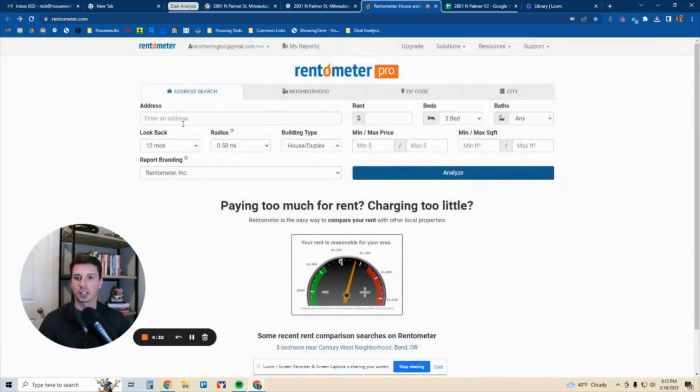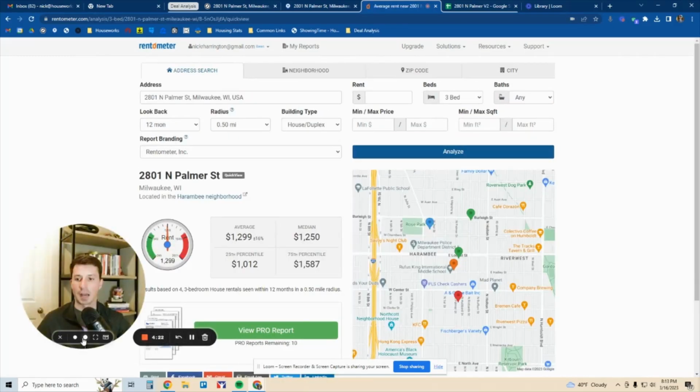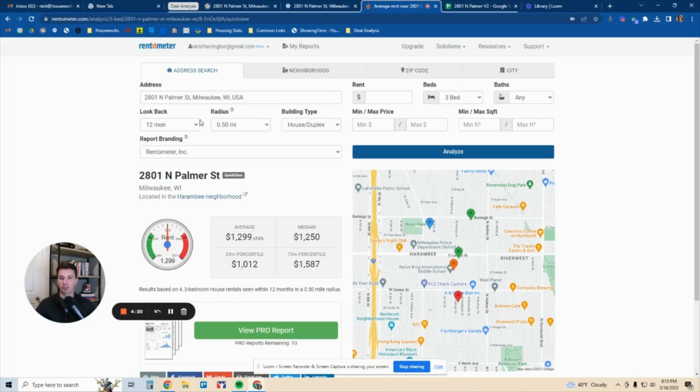So let's type in the address here. This is going to be a 3-bedroom. It's a duplex, and we're going to do a half-mile radius. And let's just hit analyze and see what this pulls in here. So this is going to give us a snapshot of what rents have pulled in for the last 12 months